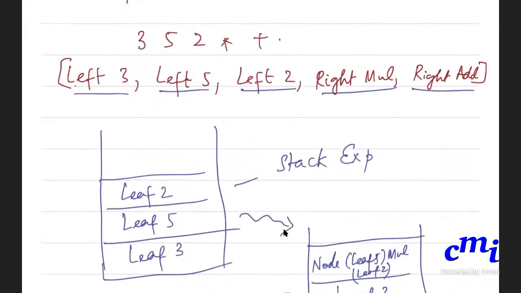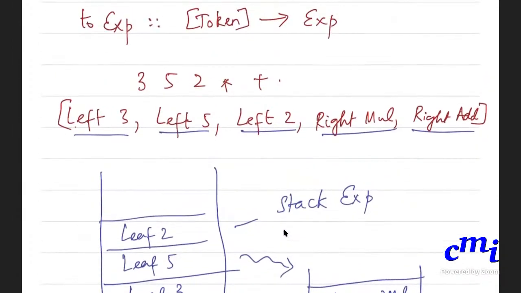So now I have reached the end of my input. Now lots of things can go wrong. I'm not testing for error checking here, but I'm just saying that if you give me something in postfix form, then at least it is easy to convert it to an expression like this. If you give me a correct postfix form, I can give you an expression. Now if you give me a wrong postfix form, then I can't do anything much.